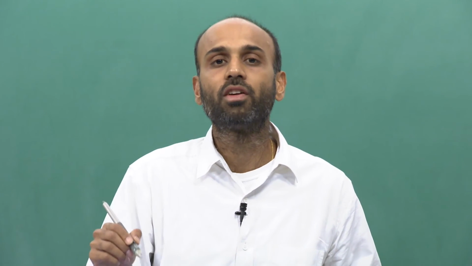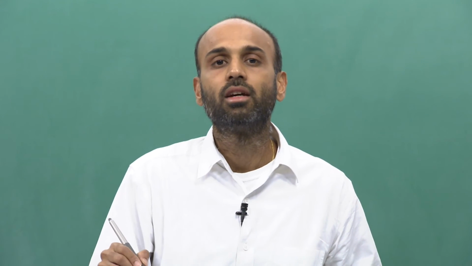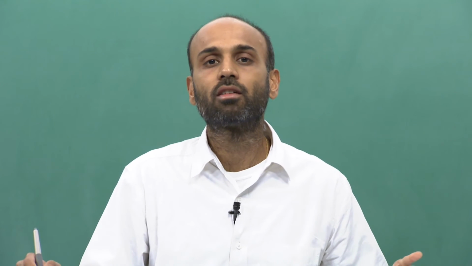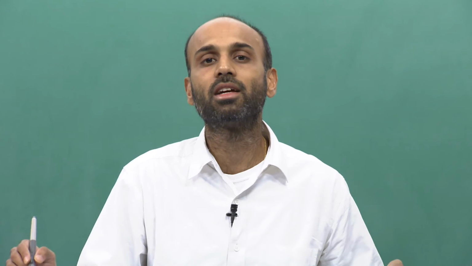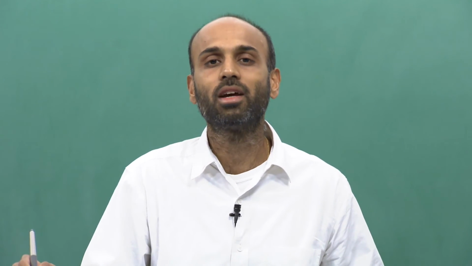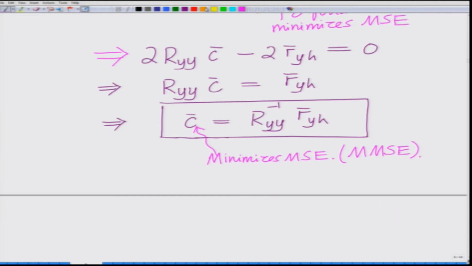Remember what is C bar? C bar contains the coefficients C1, C2, up to Cn, such that if you form C1 y1 plus C2 y2 so on up to Cn yn, that yields the linear estimate which minimizes the mean squared error, correct. So therefore, and now also to recall what is Ryy, just recall briefly in case it is not already clear.